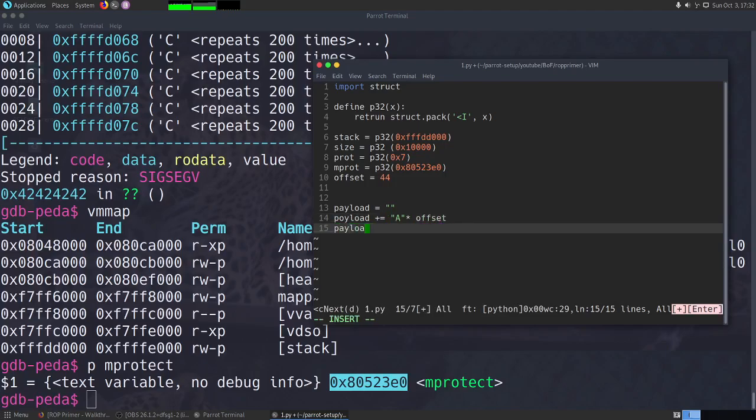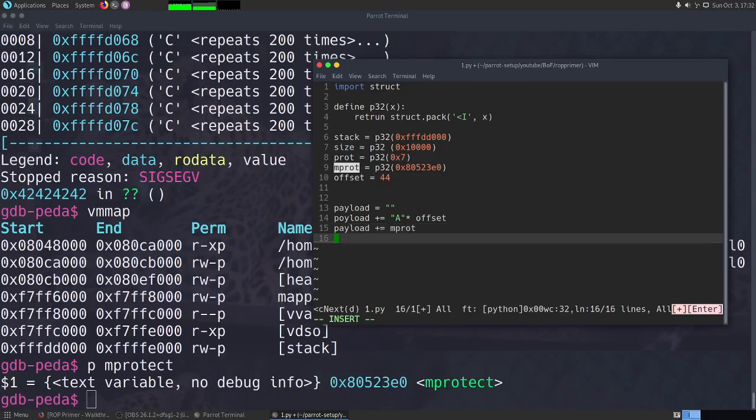Then we want to go to mprotect, so we will add mprot here. Then you know that we need to have the return address, and the return address can be anything for now. We will give BBBB here so that we can crash the program and see the status of the process memory map at this point of time.